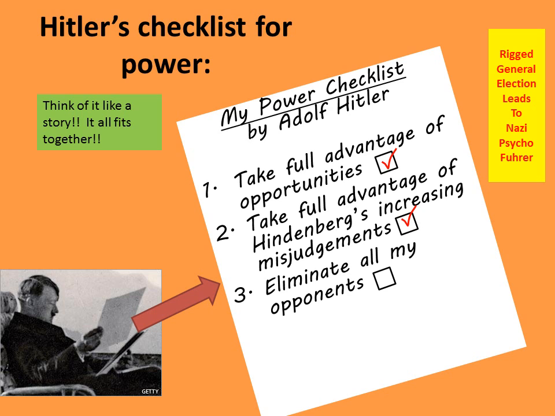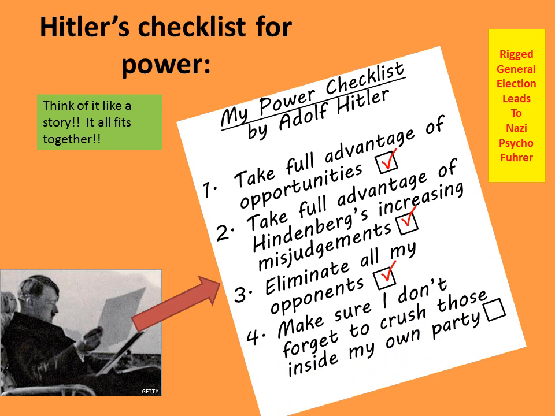Has he done this? Yes, he's got rid of his main rivals, the communists, through the Reichstag fire. He's also managed to get rid of the local governments, the trade unions, the political parties, just by passing that Enabling Act. So I think we can say, check. Number 4, make sure I don't forget to crush those in my own party. Well, the Night of the Long Knives cared about that, didn't it? That all kind of cared for all of that. Check. And number 5,